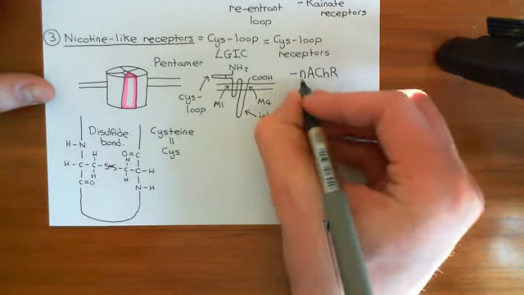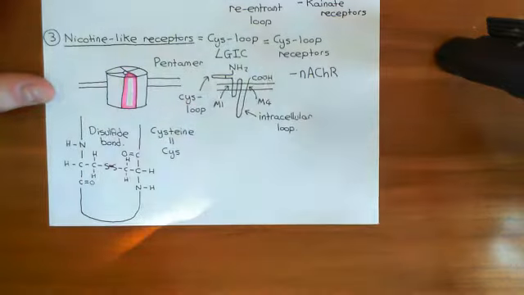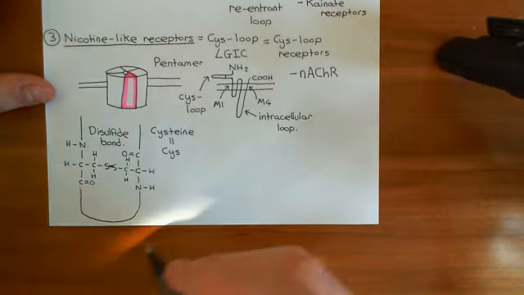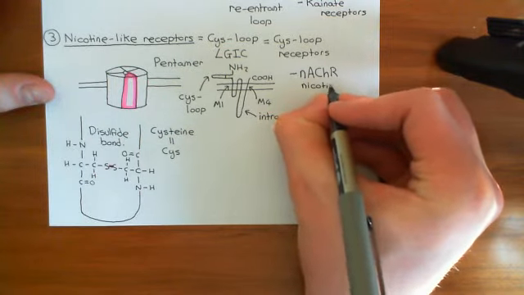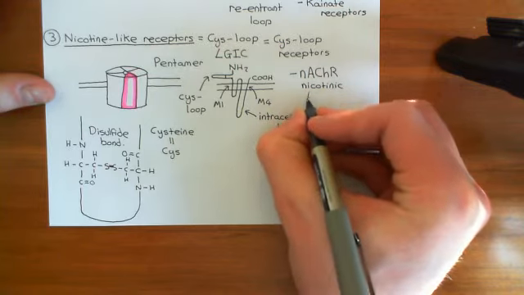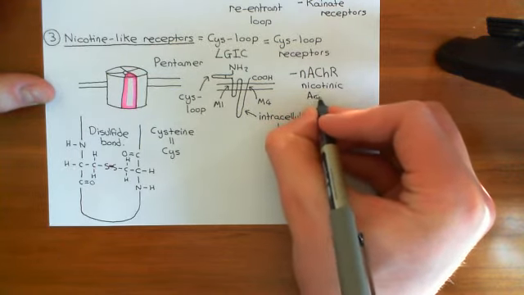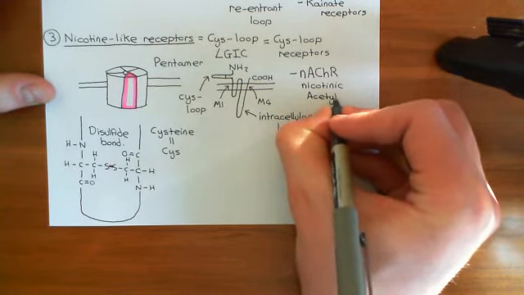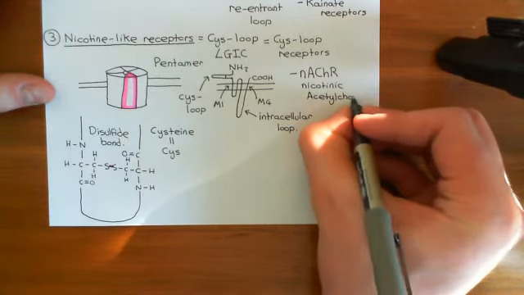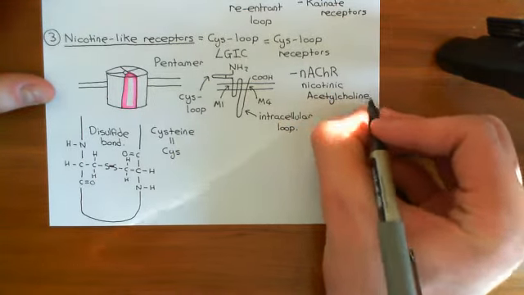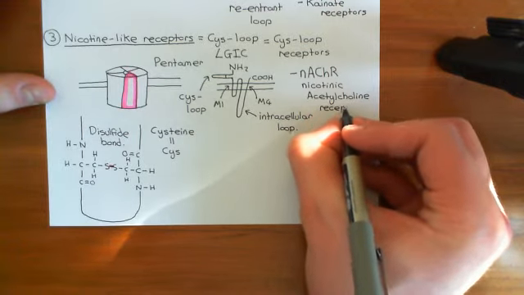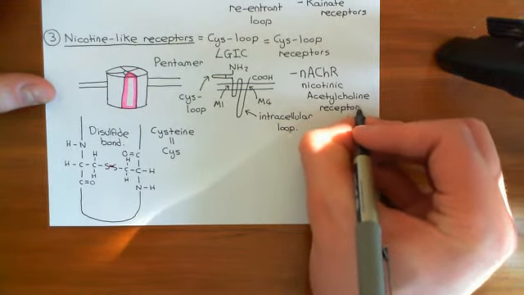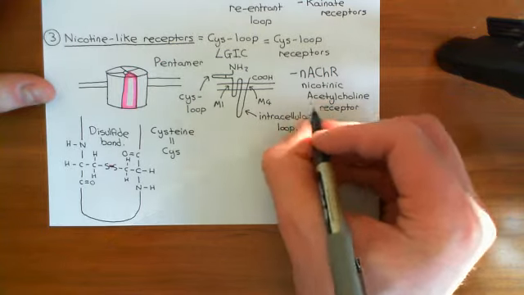And the nicotinic acetylcholine receptors is a massive, great family of many different receptors. Okay, so there is not just one nicotinic acetylcholine receptor, it's an entire family of receptors for acetylcholine. Now, nicotine is an agonist for some of these receptors, i.e. it will bind to them and trigger them to open just the same as acetylcholine will. Now, it's not an agonist for all of them, which you should be very grateful for if you do indeed smoke,